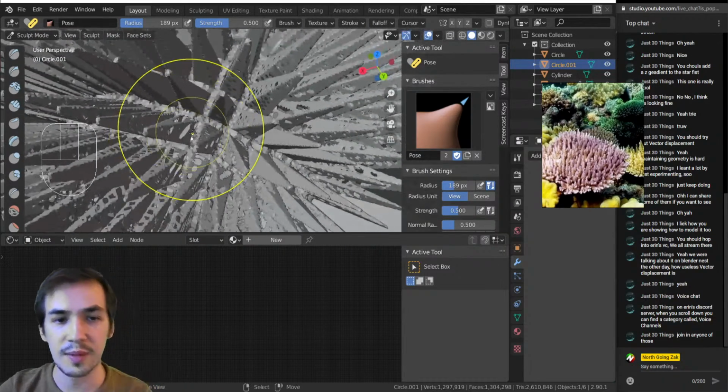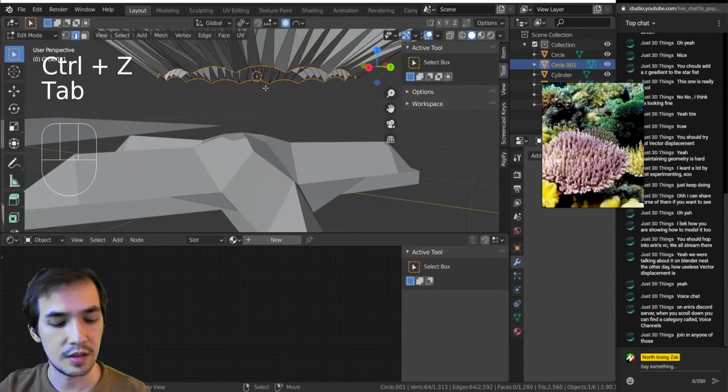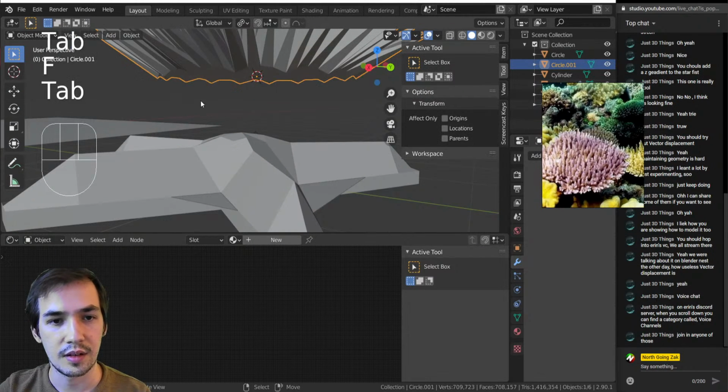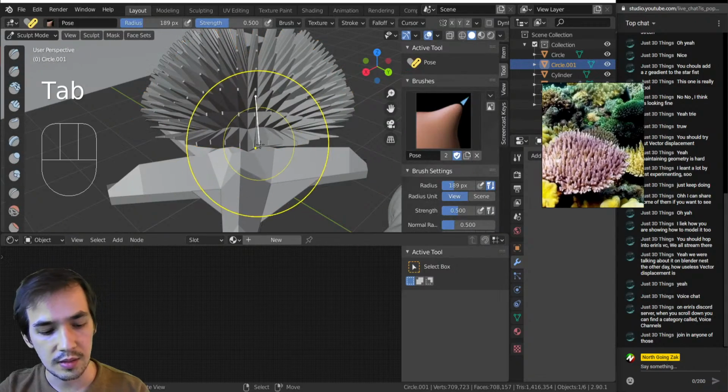Oh yeah, it messes it up because of this empty bottom right down here, so let's just fill that up. Non-manifold geometry messes things up. So,